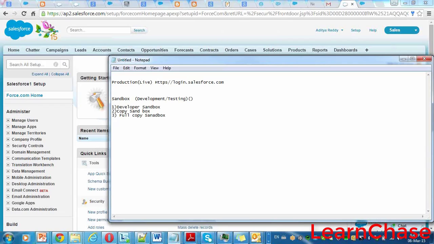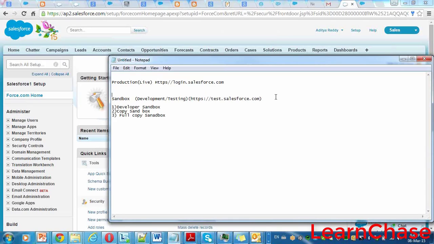To log in with sandbox credentials, you need to choose this URL.